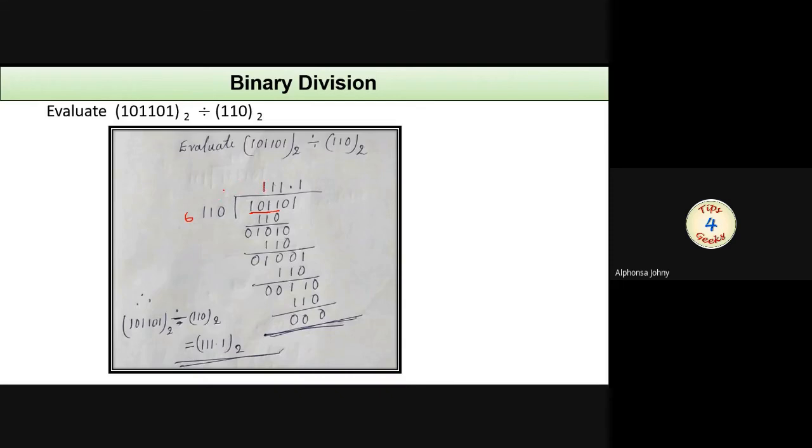Next we have to perform multiplication, binary multiplication of 110 with 1. So 110 with 1 is nothing but 110 and it is written over here. So take care while writing the numbers. 0 must be aligned just below 1. So 1 0 1 0 1 1 0 1. So next we need to perform which operation? Subtraction operation, binary subtraction. In the case of decimal, we will perform the decimal subtraction.